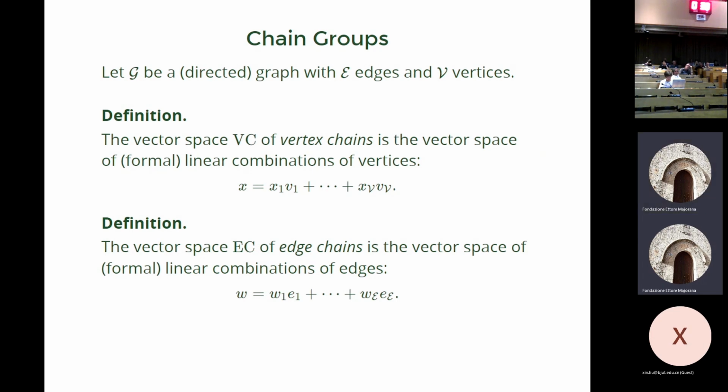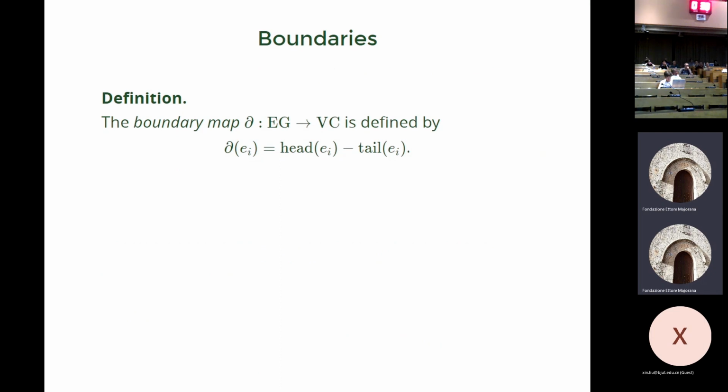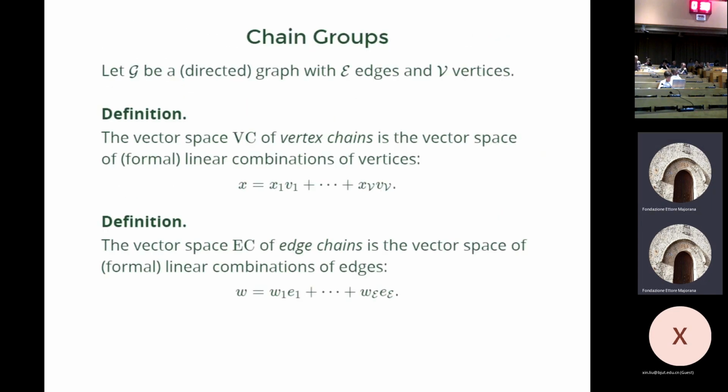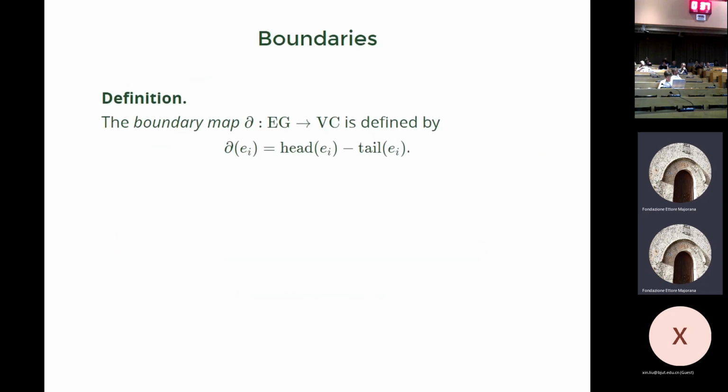And then likewise, my graph also has edges. Again, I'm going to label the edges, and then I'm just going to consider the vector space of all formal linear combinations of edges. So far I just have these two vector spaces. Now, of course, they're related to each other because these edges are going to be directed, so that these numbers can be positive or negative, so they correspond to an orientation along the edge.